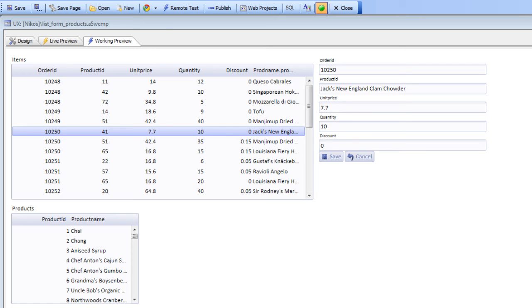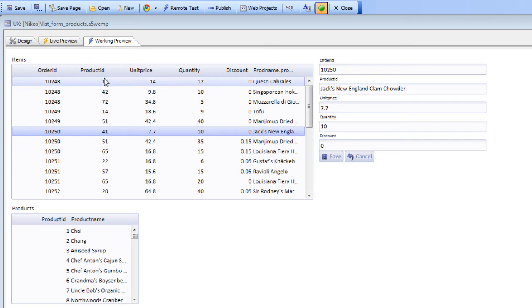In this video, we'll discuss how you can define lookup fields in the FormView control in a similar way to the way you define lookups in the list view control. So you can see over here we have a list control that's based on the Northwind order details table, and inside that table there's a field called product ID, but you could see that in the list over here we are also displaying the product name for the corresponding product ID, and we've done that by defining a